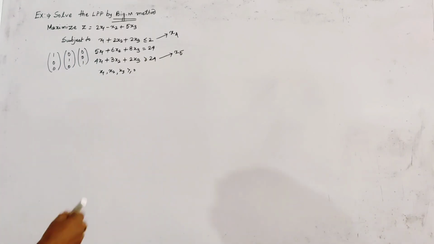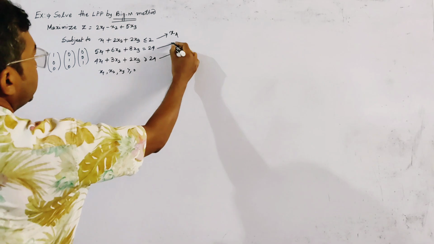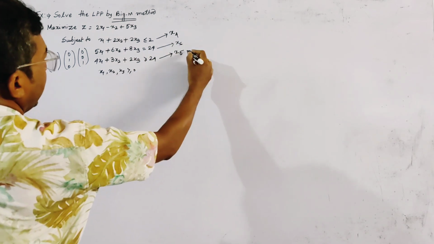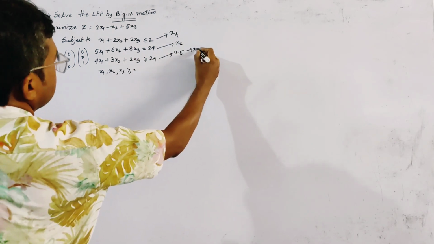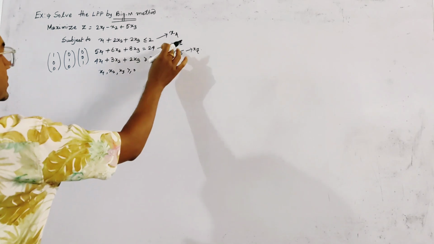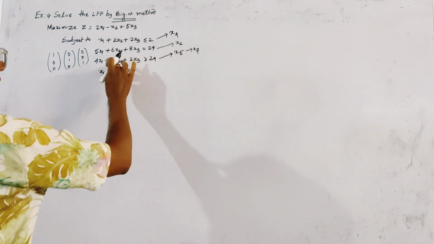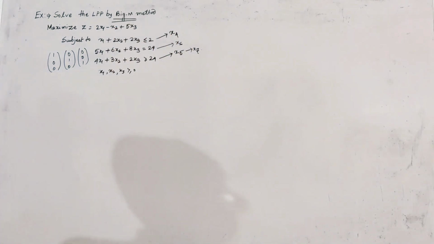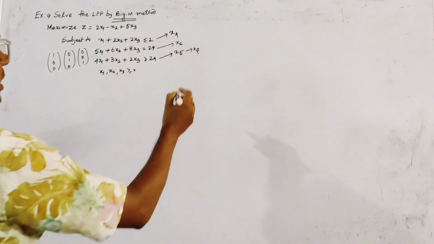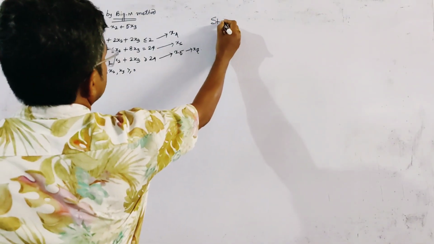So we use two artificial variables, x6 and x7. In the second constraint we use x6 and in the last constraint we use x7, and the standard form of the LPP becomes